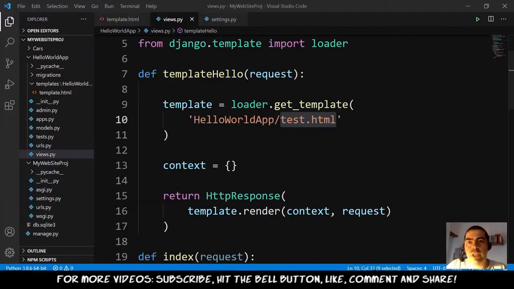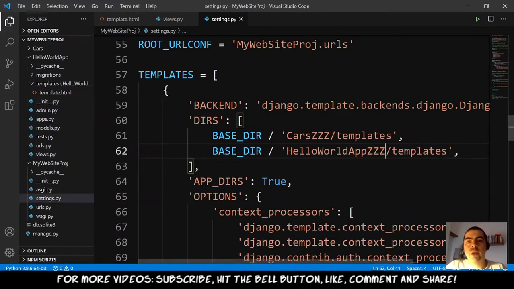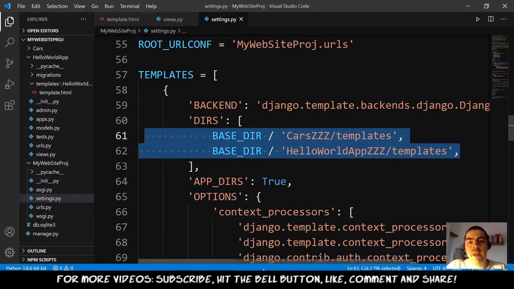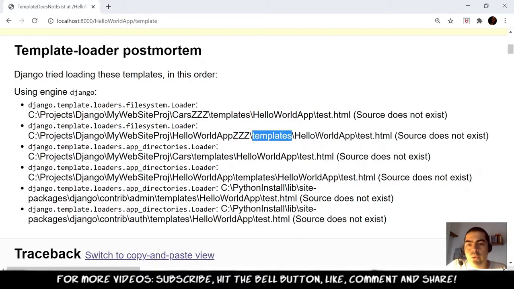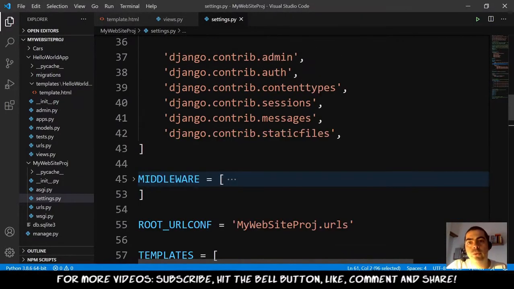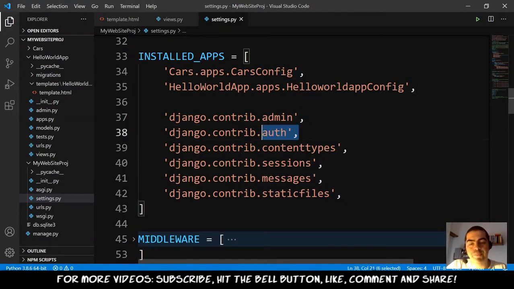So if we go here to the settings we see that it is searching first here. Okay, and then it goes here to the cars templates, to the hello world app templates, to the admin templates, and to the auth templates. So it means that it goes to these guys. Okay,